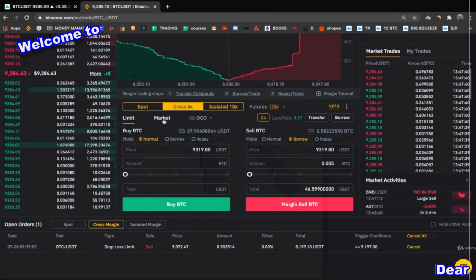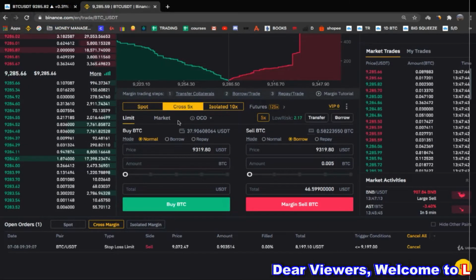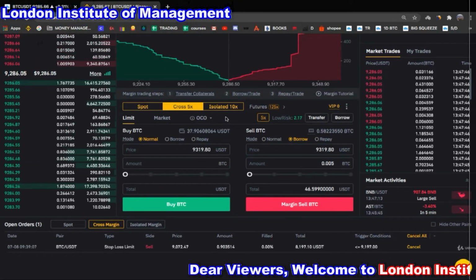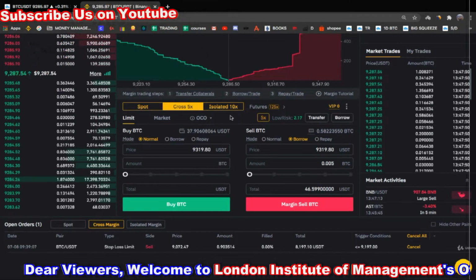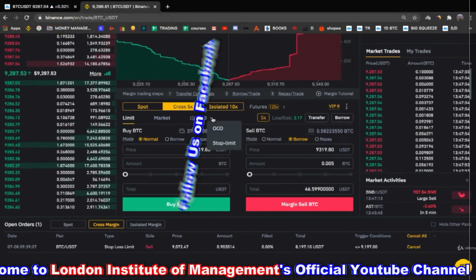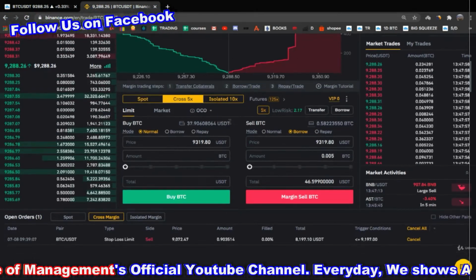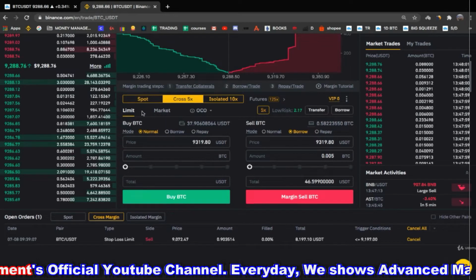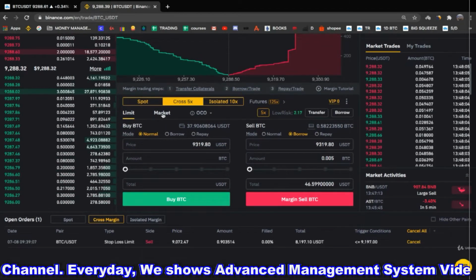But I really think that most of you will be aware of the types of orders, because in order to start margin trading, you have to have a lot of experience trading without margin first, right? If you want to learn to margin trade before having that experience, that's not a good idea. So this is why I assume most of you are aware of the types of orders. So let's do it with the market order.